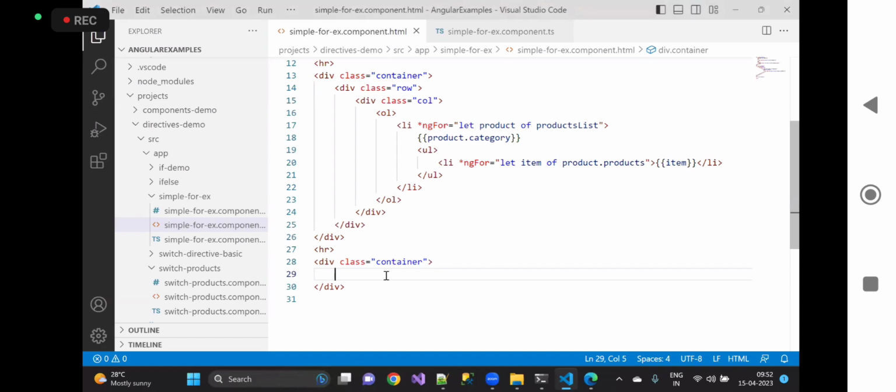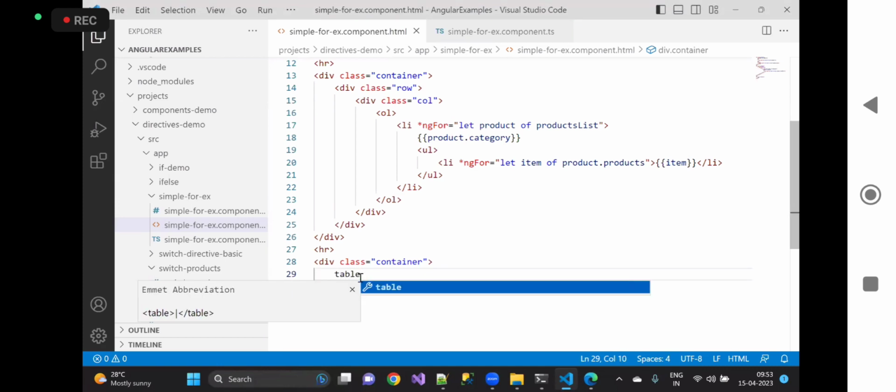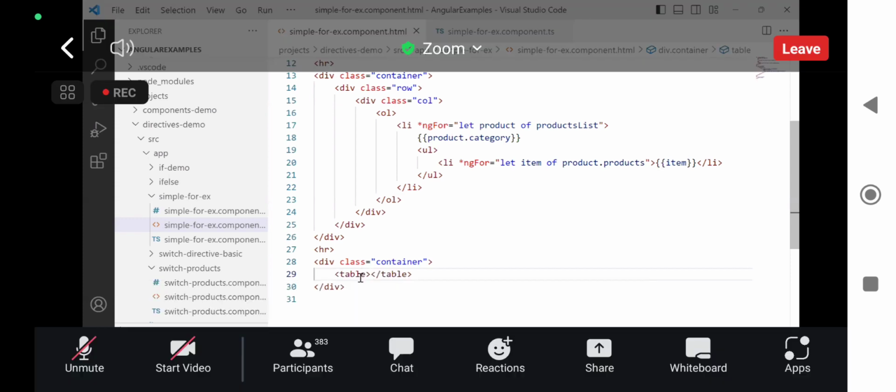I have the container here. Now I just want to display the data within my table. That is my requirement. So how can we do that? Let me take a simple table tag, and this table tag will contain